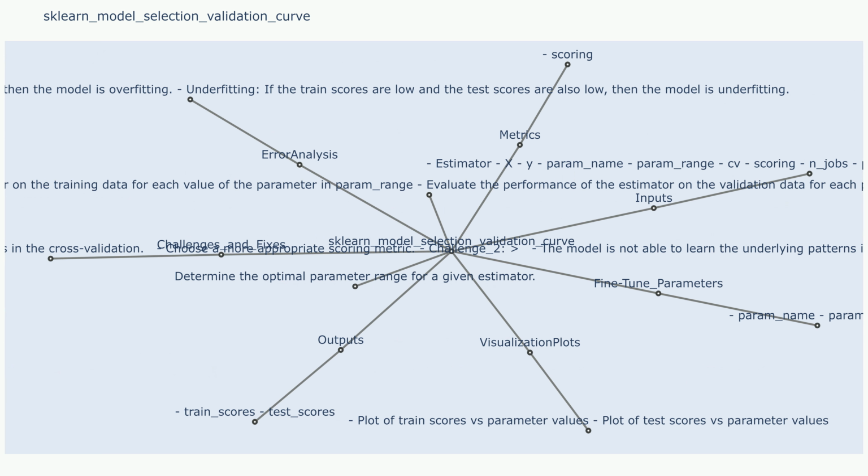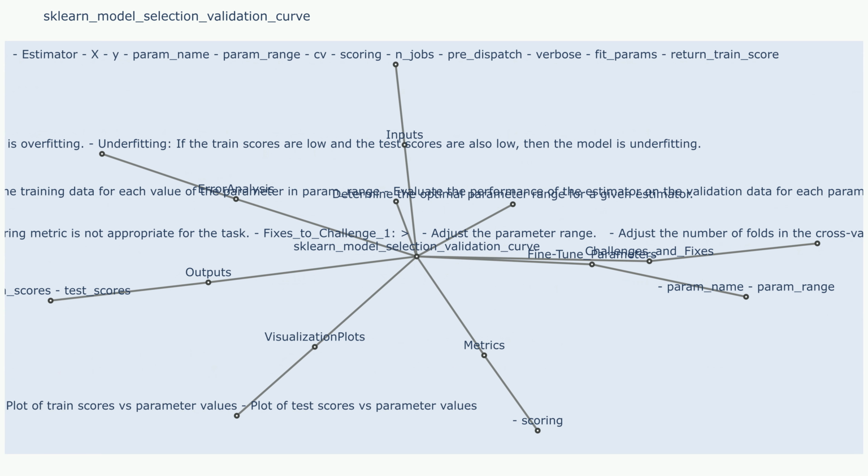CV: the cross-validation strategy to use. You can choose from different strategies like k-fold for k-fold cross-validation, stratified k-fold for stratified k-fold, shuffle split, or provide a custom generator. This determines how the data is split into training and validation sets for each iteration of the